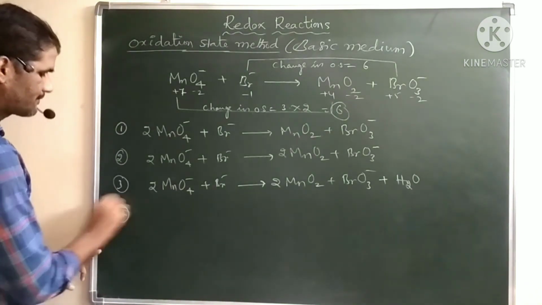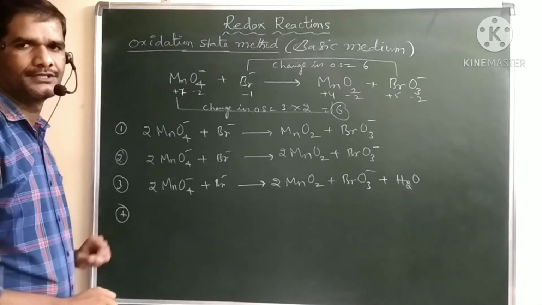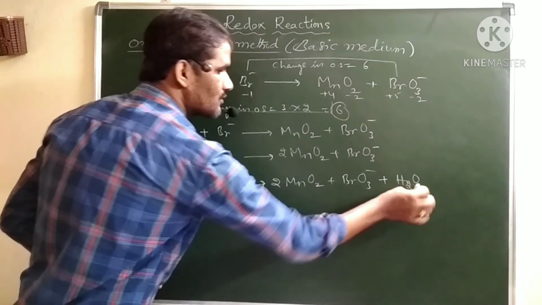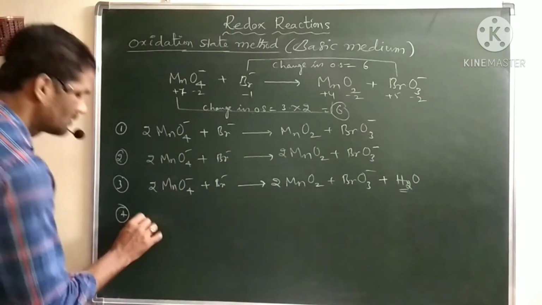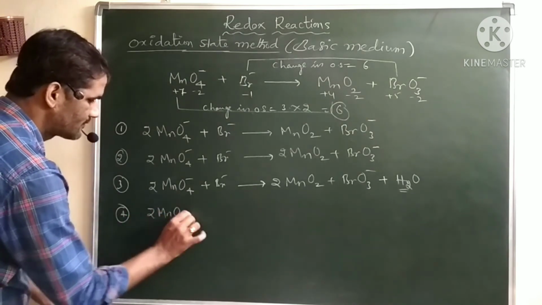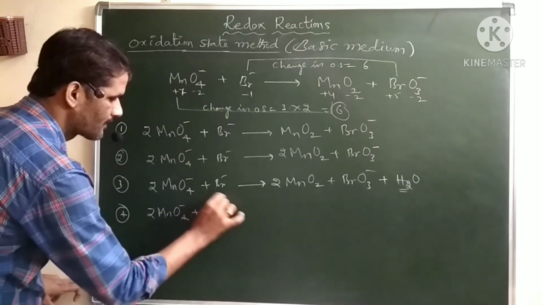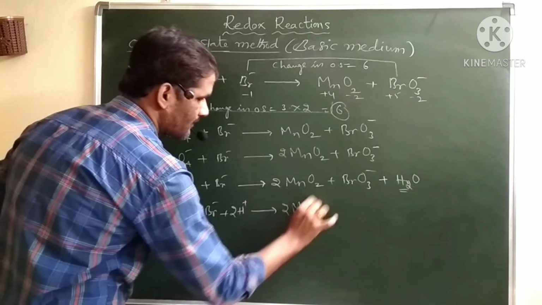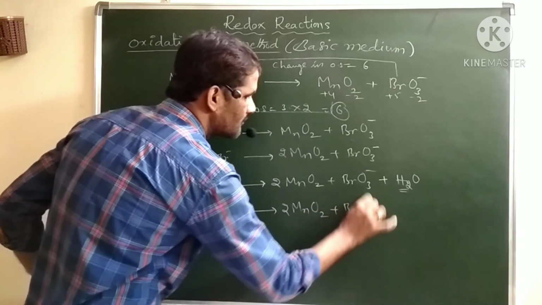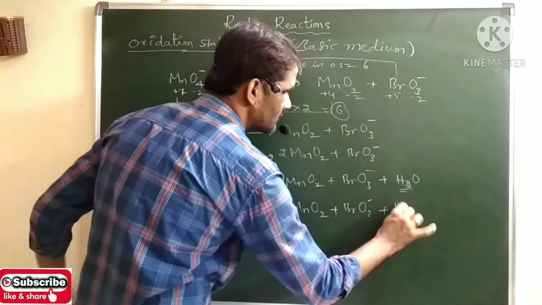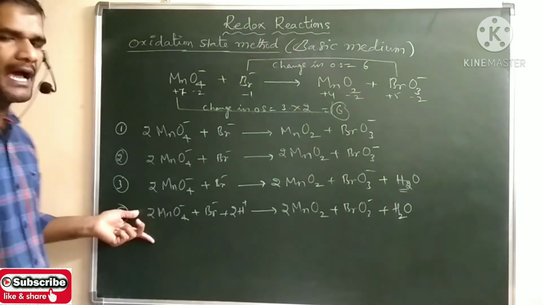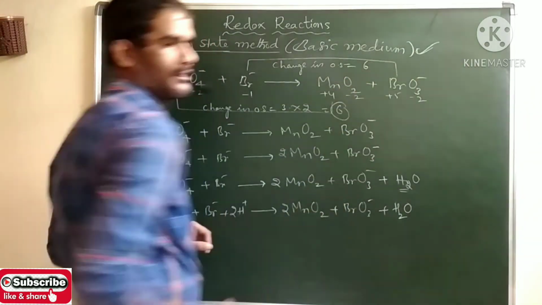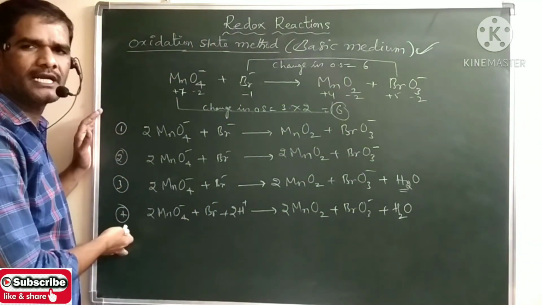And what is the fourth step? Balancing of hydrogens. Now see, left side no hydrogens, but on the right side, the product side, two hydrogens are there. So you add two H plus ions in the reactant side. And you will get BrO3 minus. This is the equation. Now this equation is balanced in acidic medium, but the question is here we have to balance in basic medium, not in acidic medium. If it is acidic medium, so this is enough. We can end up here.